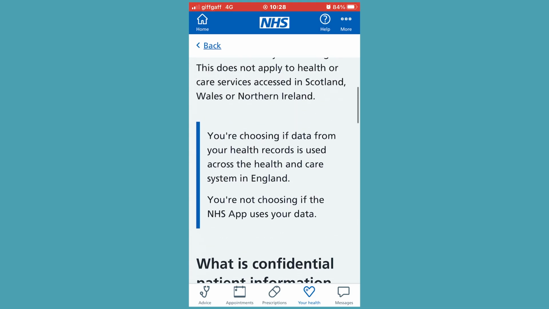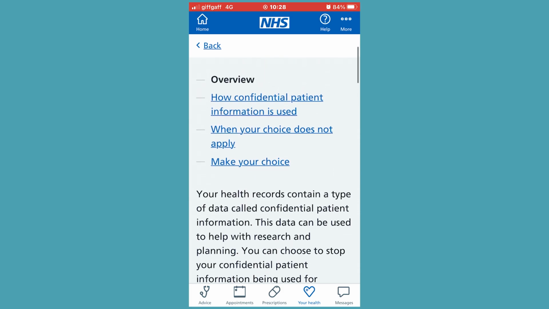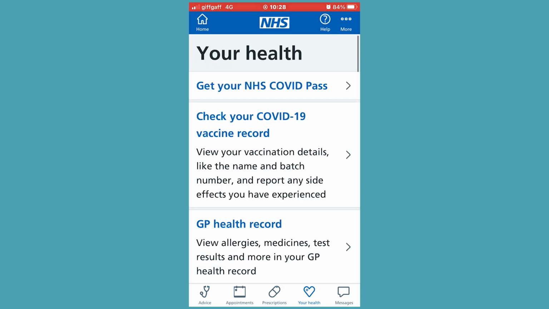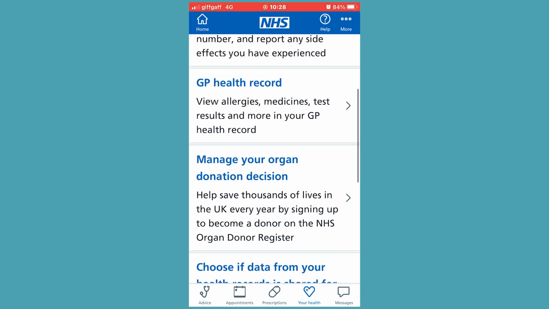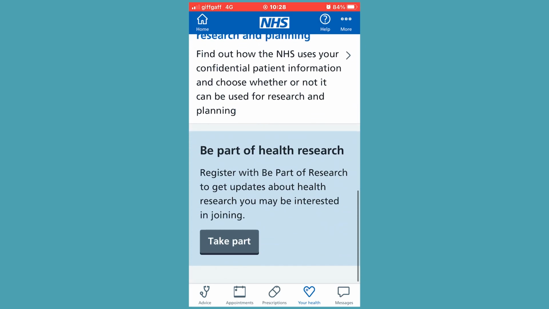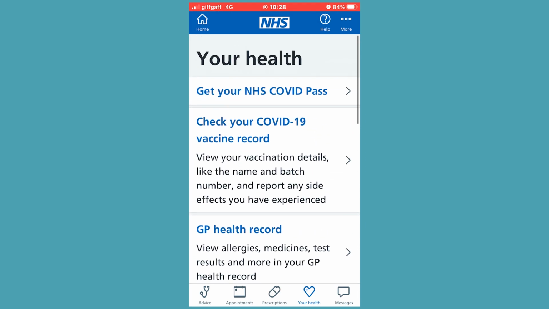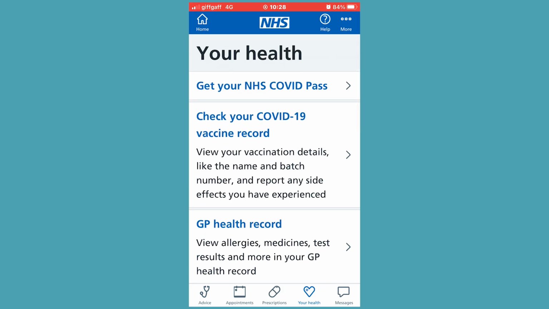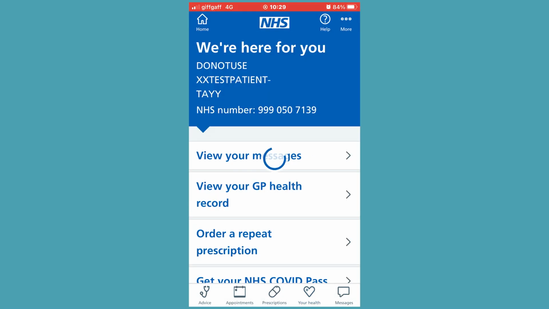So these are the two options, and some of them were repeated. We have checked them today. In the future, we are going to see more options. We are going to come up with another video to share with you more options available in the NHS app that you can use to access the NHS services.